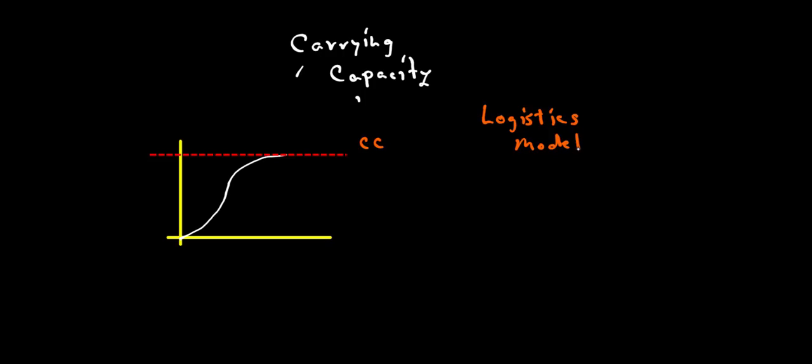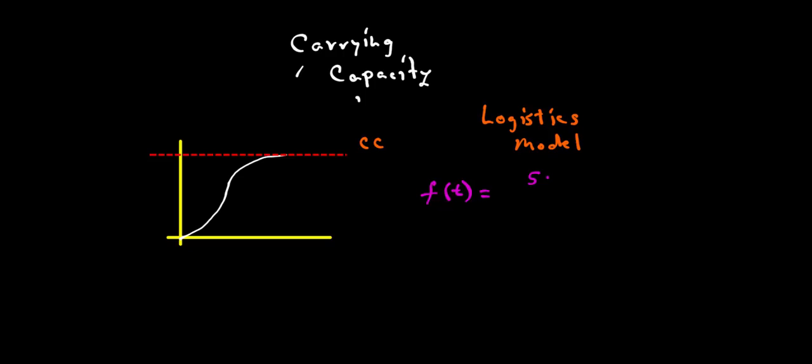Let's suppose that there is a college campus with 5,000 students, and let's suppose that after break, one of the students comes back with a virus. Now, this is a situation where we might want to use a logistics model to model how many people are going to have the virus over time. And without getting into the details of where this model comes from, let me just write down a model that might describe this. Let's suppose we have f of t